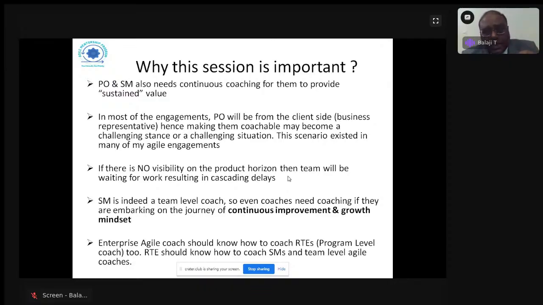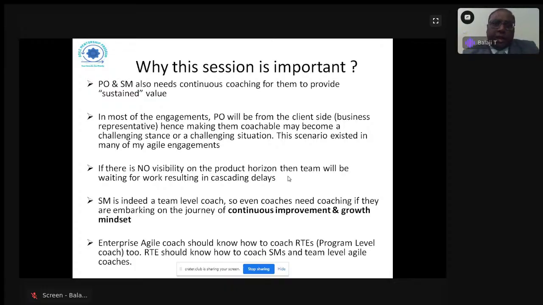So that is why I say coaching the product owner is of paramount importance, because if the product owner is not creating visibility on the horizon, then the team will be waiting for the work, and by the time the work comes to the team, most likely it will be on the first day of the iteration. And actually, the team will be doing the planning there, which was supposed to be